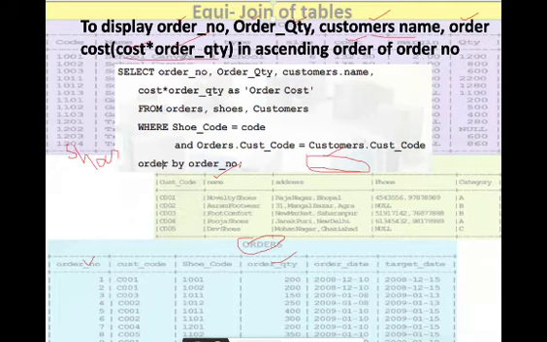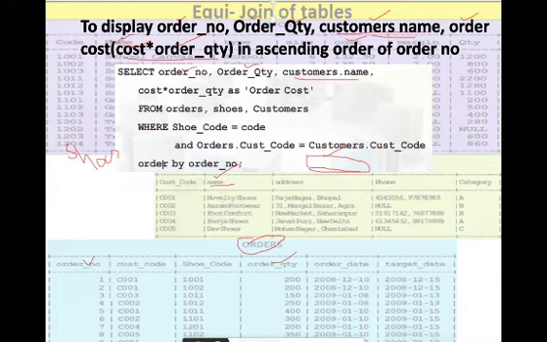So how to frame the query? Let us see. We have written in the select clause all the columns to be displayed. Order number is to be displayed, order quantity is to be displayed. Now customer name. Why have we qualified this? If you see, the shoes table is also having a name column with the same name, and the customer table is also having the name column with name only. So we will qualify that we want the name from the customer and not from the shoes, because we have been asked to display customer name. There will be ambiguity if we don't qualify it.